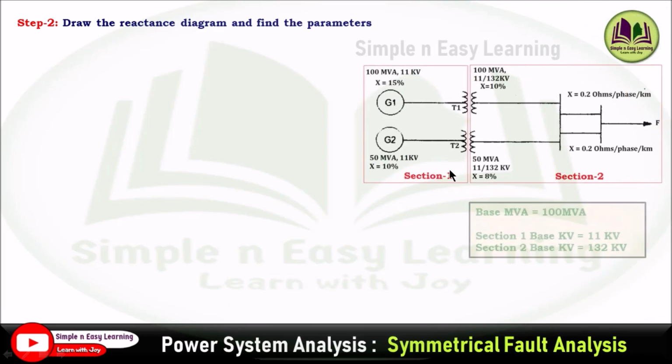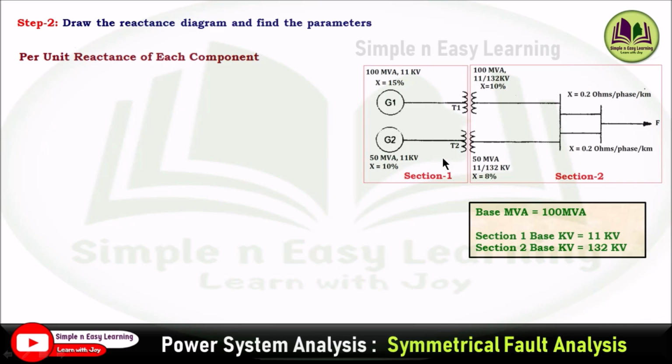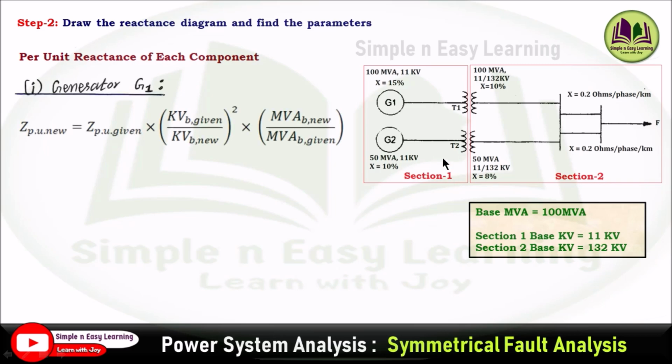So for this circuit, you can draw the reactance diagram. So the per unit value of each component can be determined, and finally we can draw the reactance diagram and substitute the values. So first, to calculate the reactance for generator 1, we can use this formula: Z per unit new equals Z per unit given times (kV given divided by kV new) whole squared times MVA new divided by MVA given. So the given value of the impedance is 15%, that is 0.15 here,